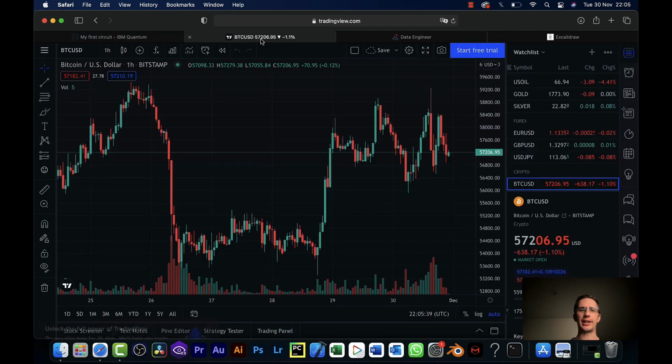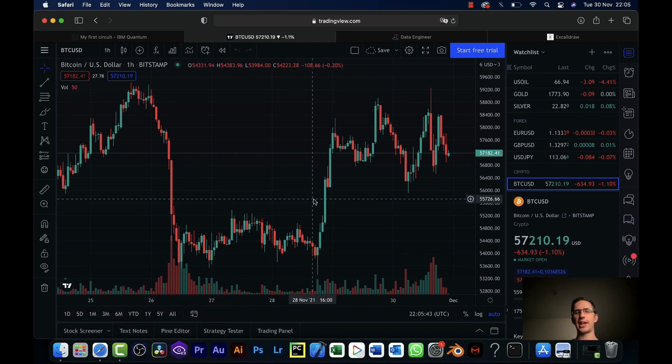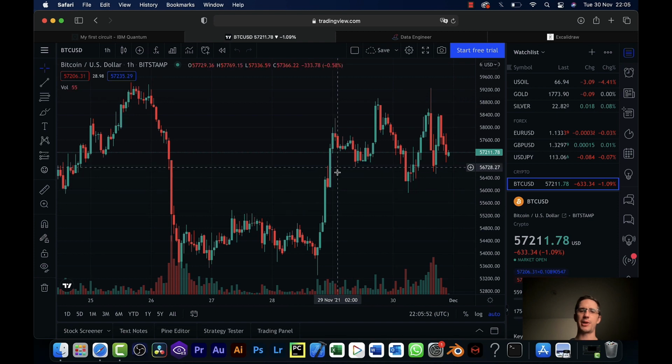But before we do that, let's quickly look at Bitcoin's price, because what we're trying to do is say, can I predict with any degree of certainty whether Bitcoin's price will be up in the next hour from now? And that's looking at the current close price and saying, okay, will the close price in the next hour be higher or lower than the current close? And if I could just predict that alone, well, I could do very, very well. So I'm looking for that edge.